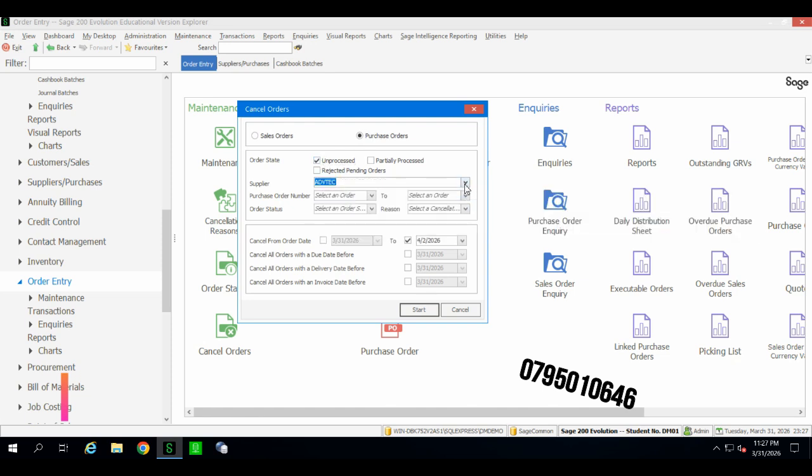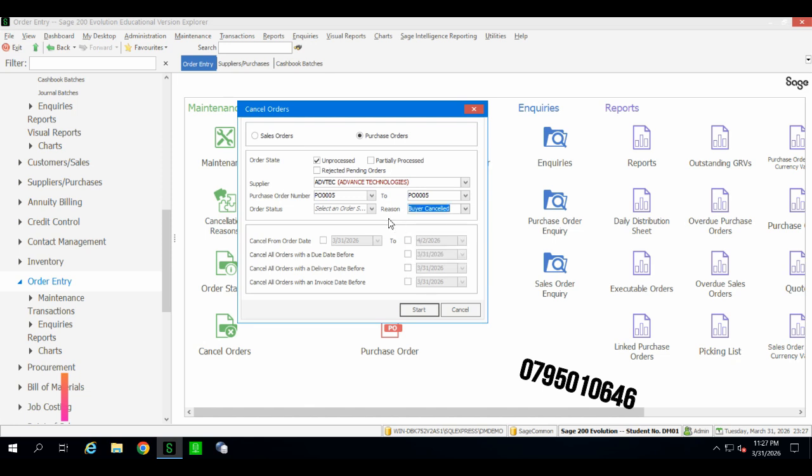Okay, so we had the previous one, so make sure you select the purchase order and process, because it has not yet been processed. We are using P005, that's the last one, and you select the date of order cancellation. This is not really a must. You can input the reason for the cancellation, which is